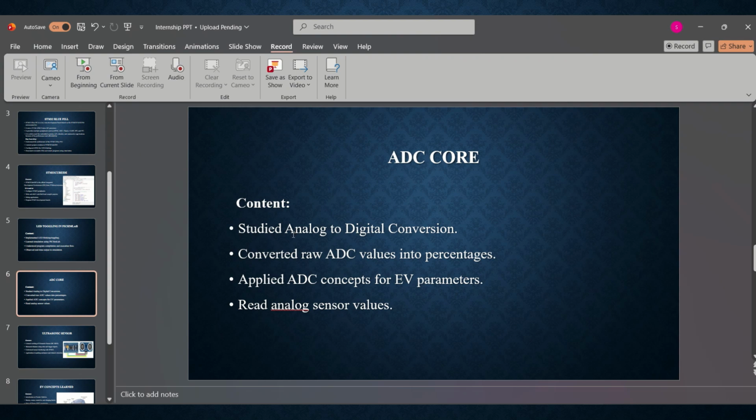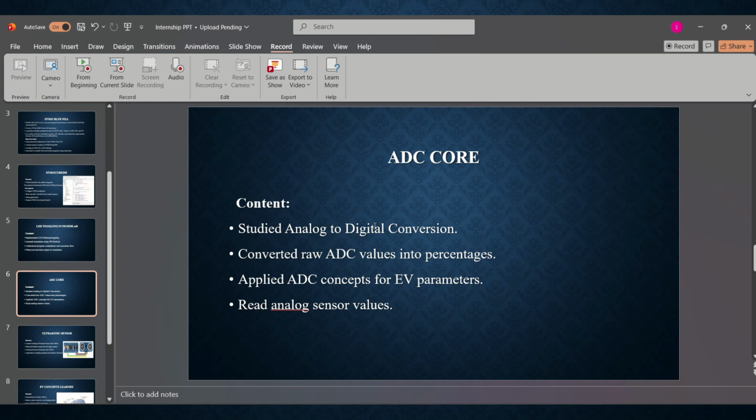Many sensors produce analog voltage. However, microcontrollers can only understand digital values. The ADC converts analog signals into digital numbers. For example, if a temperature sensor gives a voltage of 2 volts, the ADC converts it into a digital value that